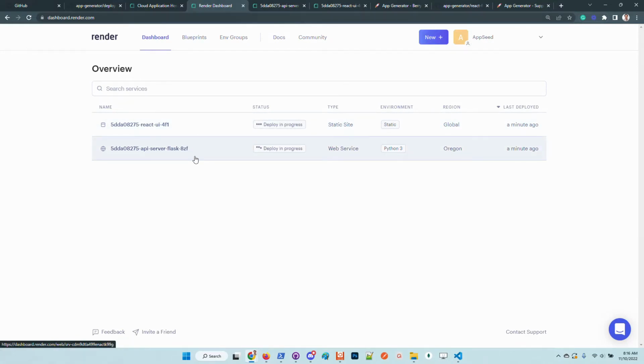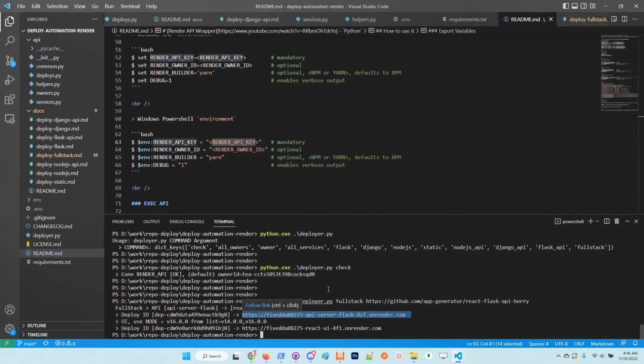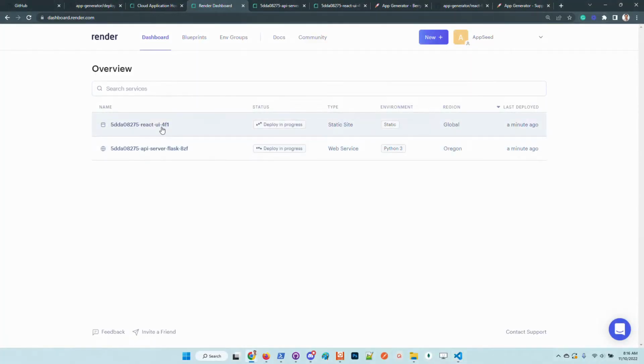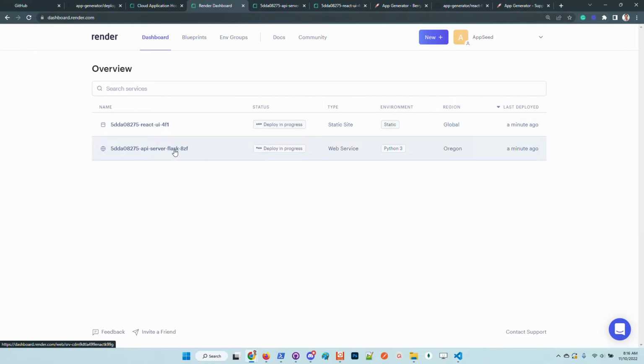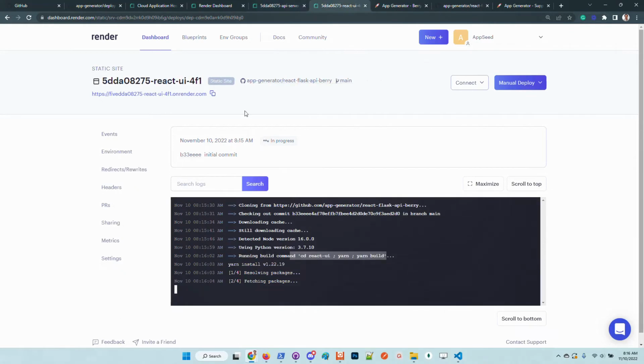So each time for a full stack application, the deployer will push the first step is to push the API, and once it gets the live address, the React UI is configured to use it. So we can check out here. So we have this address, and React UI comes with